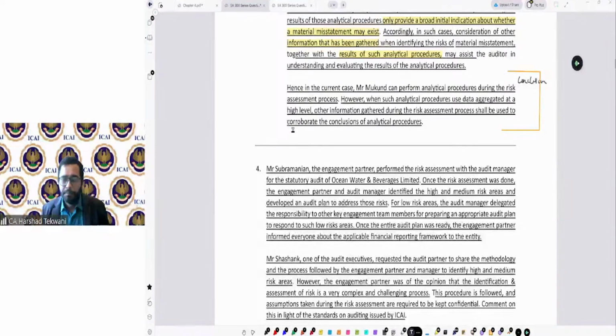Come on, guys, quickly. Focus on who has done what. And on the basis of that, you can try to answer the question. What you feel is not appropriate over here and why? I don't want an answer with the provision and correct answers. No. Try to answer logically. What you think should have been done and in which area. Keep these standards aside. Keep SA 315, 330, everything aside. Logically think what you should have done and what is not appropriate in this scenario.